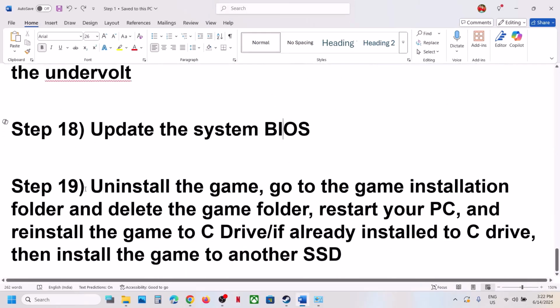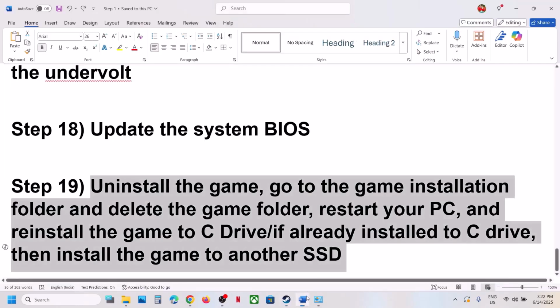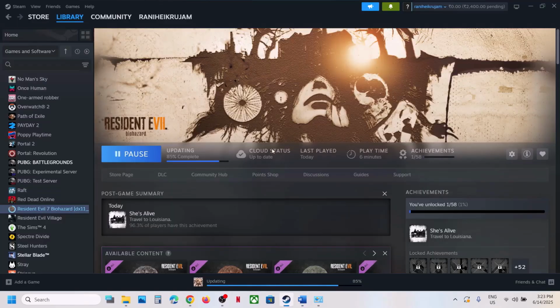Now the last step is to uninstall and reinstall the game to different drives. So if nothing is working, you can uninstall the game. After you uninstall, go to the game installation folder, delete the game folder, restart your computer, and then install the game to C drive. So if the game is installed to D drive, E drive, or any external drive, try to install the game to C drive and then check. If the game is already installed to C drive, in that case, you can try to install the game to another hard drive or SSD and then check. So one of the steps shown in this video should help you to run this game